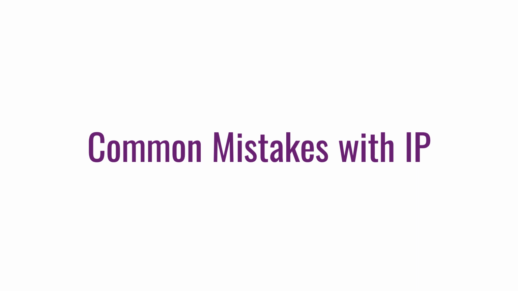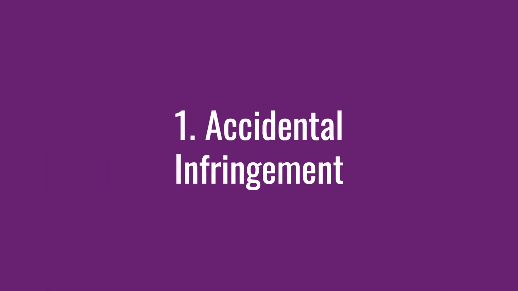The first one is that people accidentally infringe all the time. And when I say they accidentally infringe all the time, it means that they didn't do their searches before. It means that they're just unfamiliar with the territory, and so then they copy people. It also means that sometimes people are kind of ignorant. And I don't say that to be mean. I'm just saying people don't necessarily know.